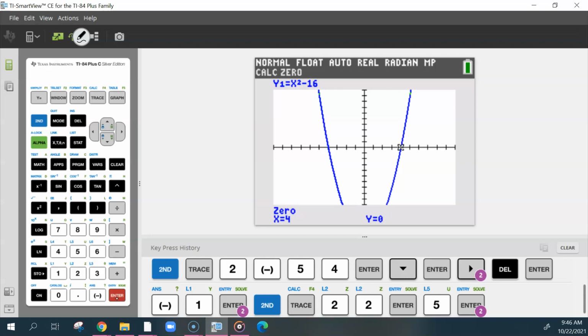And then we're going to find our y-intercept. So right now, our y-intercept is not visible on this graph. You could zoom out or move the graph, and then it would be. But without doing that, if I go back into second trace,